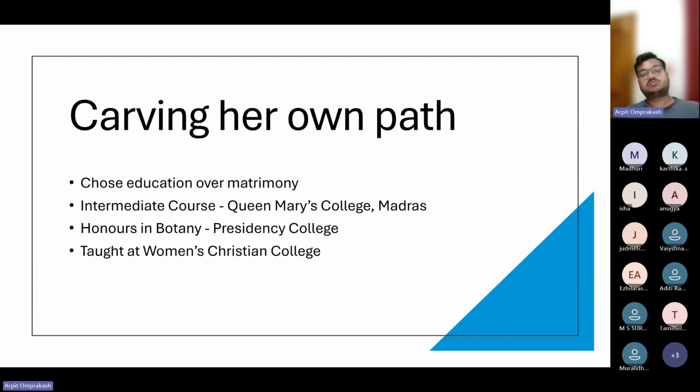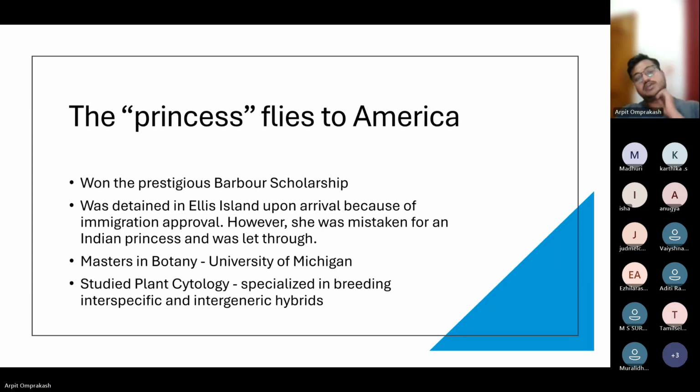So she chose education over marriage and did the intermediate course in Queen Mary's College in Madras. Then she went on to do her honors in botany in Presidency College and then taught at Women's Christian College. Then she won the prestigious Barber Scholarship and flew to America to the University of Michigan to complete her master's